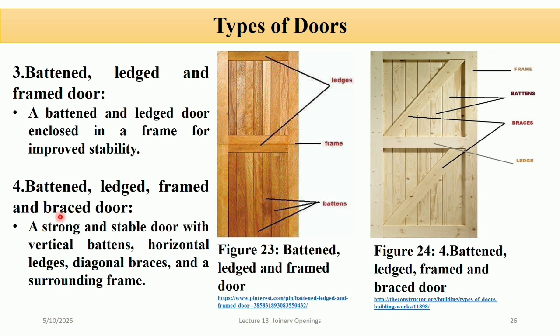Batten, ledge, frame, and brace door. A strong and stable door with vertical battens, horizontal ledges, diagonal braces, and a surrounding frame. So you can see here this is the battens, and this is the ledge, and this is the braces, and this is a frame. So it is a stable and